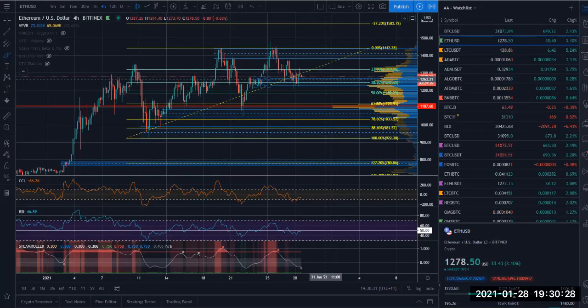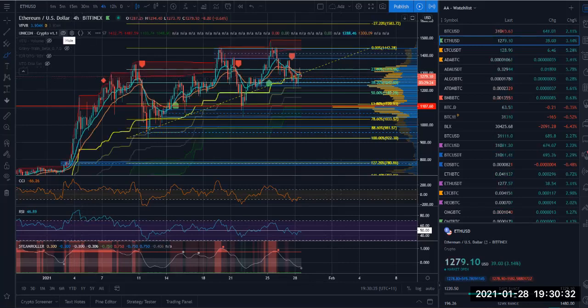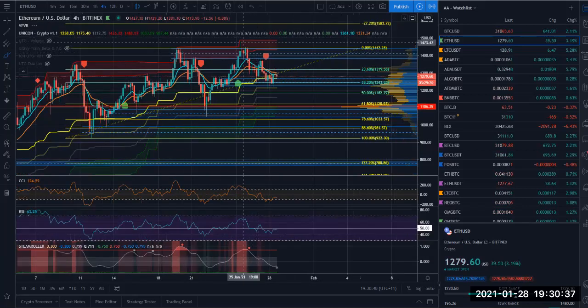So again, just playing it as it comes for ETH. If we look at our Unicon indicator, which has been bang on, we do have a down signal at the moment when we rejected off this Murray's channel, and we can see that we're sitting right on this 50 fib in between our Murray's at the moment, with our fib level stacked down towards this point of control at 1100.